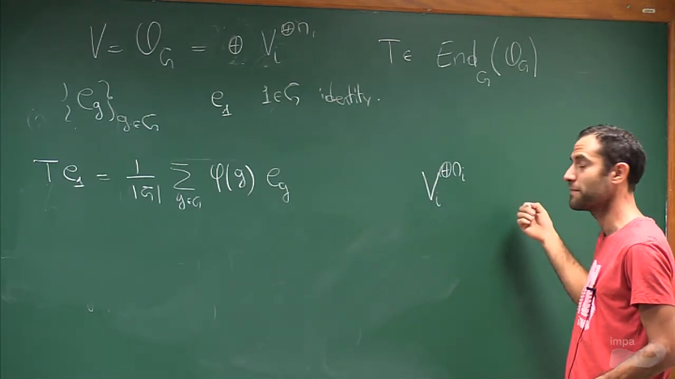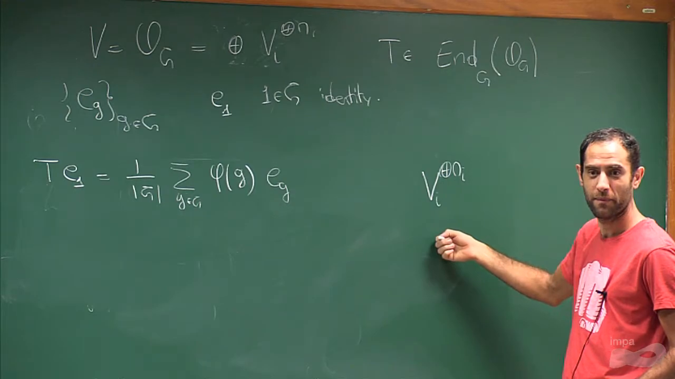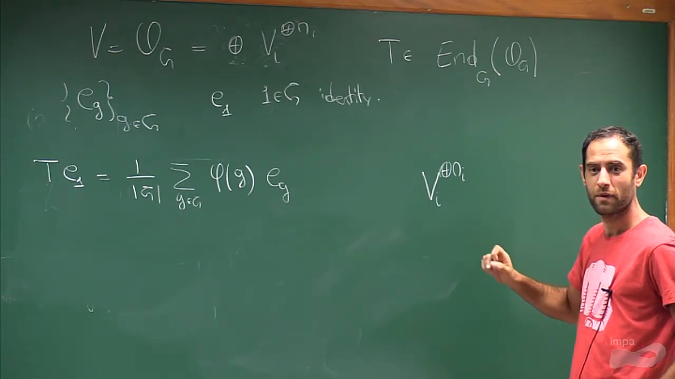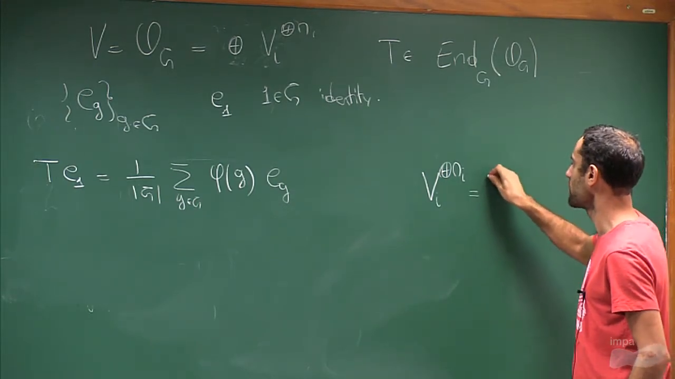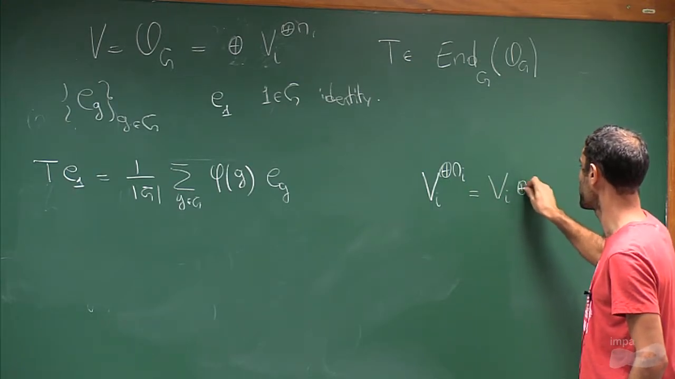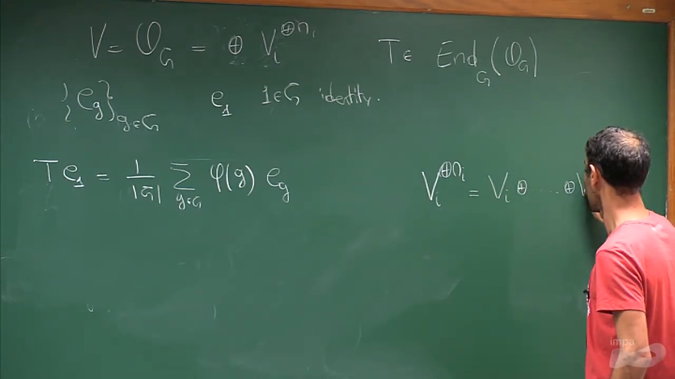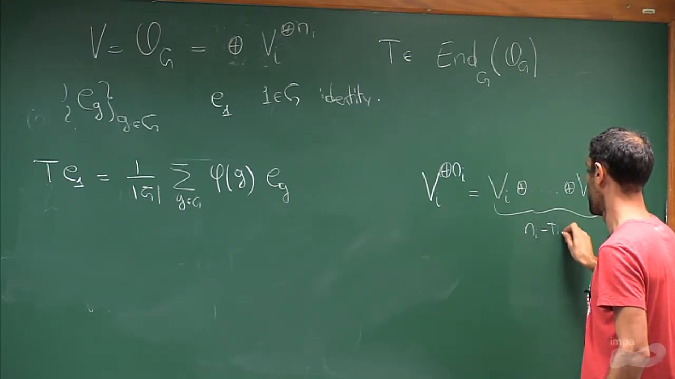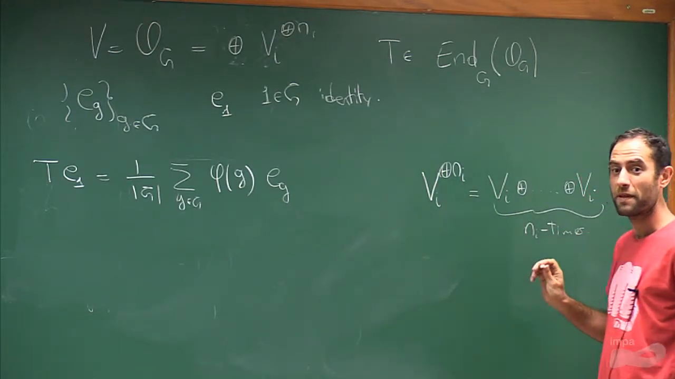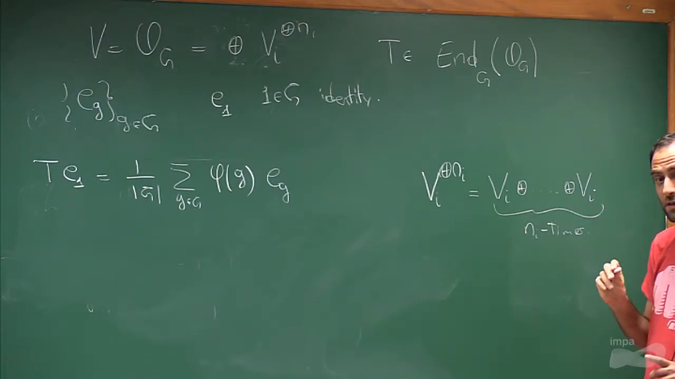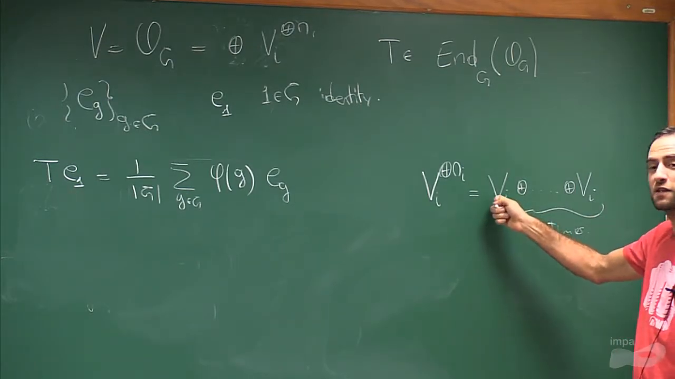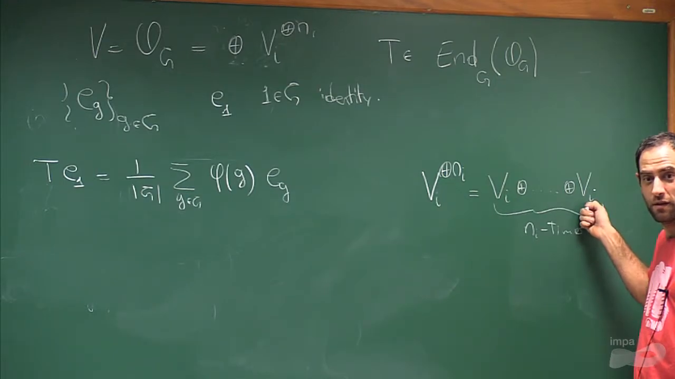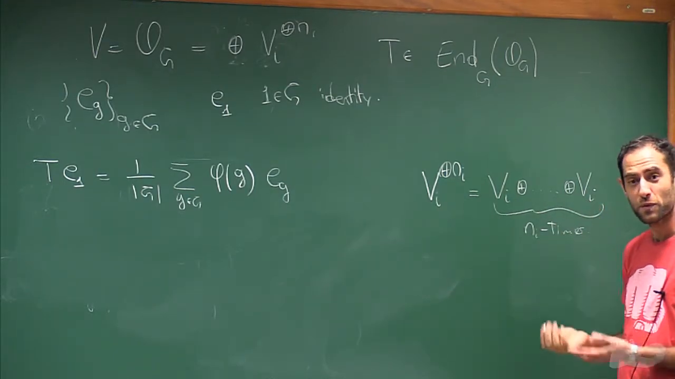This is n_i times V_i. We cannot write it as V_i. So let's write it as V_i plus V_i, n_i times. But the point is that our endomorphism does not need to be an endomorphism in each one of these copies. Right? So if you have an irreducible representation,